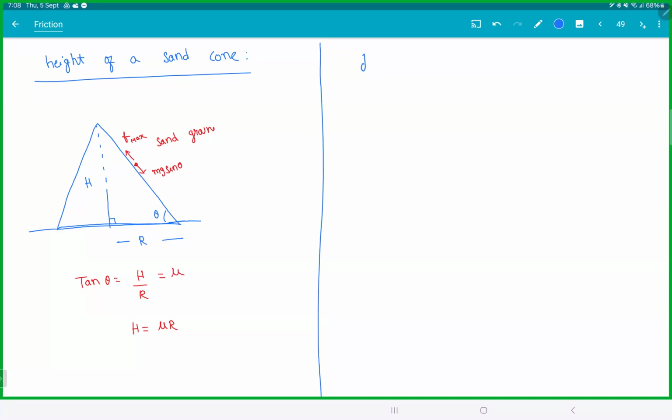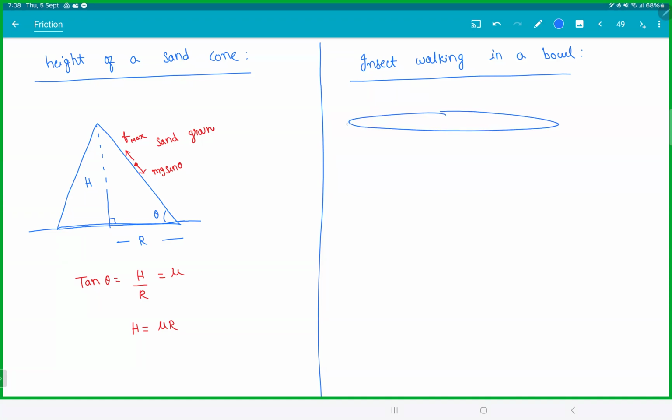Then, insect walking in a bowl. Again, here we're talking about something like a human or something, let's say we don't have any special kind of legs. For example, spiders and lizards have legs something like suction cups. That's a completely different concept. So if you have a bowl like this,